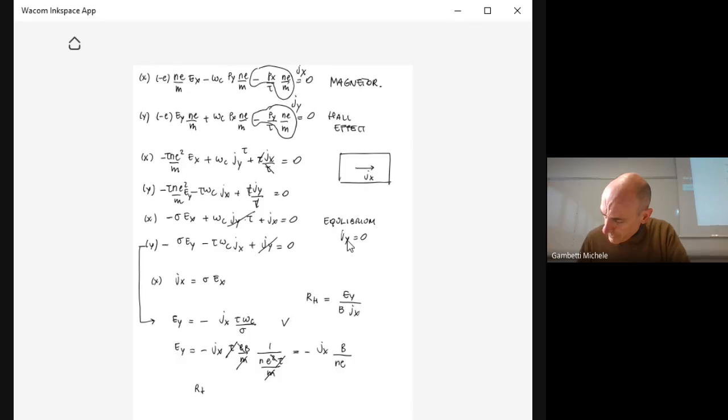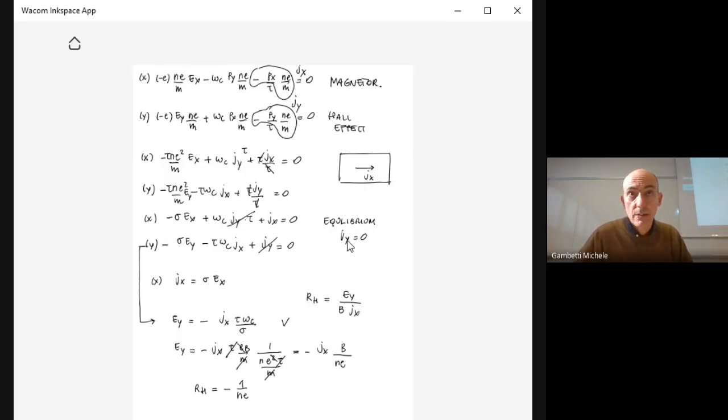Due to that, the Hall coefficient is equal to Ey, that is minus Jx times B divided by n e, divided by B and divided by Jx. At this point, Jx and B can be simplified, and what we are left with is minus 1 divided by n e. So Jx and B are removed from the equation, and just the electronic density and the electronic charge are left in the Hall coefficient. And this is quite important